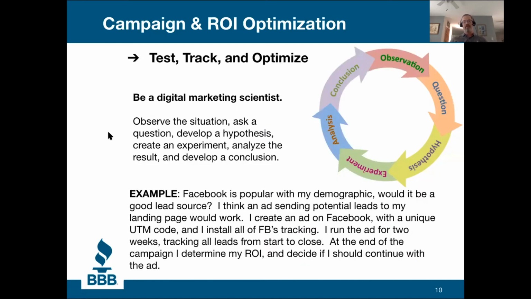And I get back to this whole idea of, one of the fun things about digital marketing for me is I've always been a problem solver. I love having a problem and trying to come up with a creative way to solve it. It's very much using the scientific method. And back in the early days of marketing, you didn't have all this data. You didn't have this ability to run an A/B test on, 50% of your users get this, 50% get that. And we're now going to use data to determine what worked better. And so I really liken being a digital marketer to being a scientist these days.